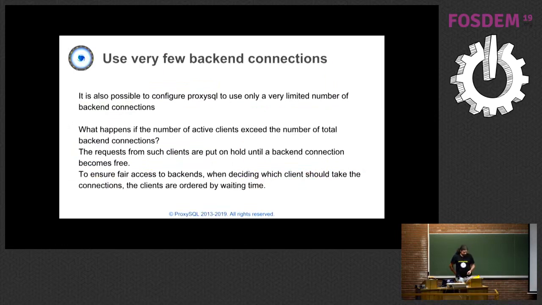Okay. One of the misconceptions that people normally have when configuring ProxySQL is that they configure the number of backend connections to be as high as the number of client connections. So if they expect the client to open 1,000 connections, they configure ProxySQL to open up to 1,000 connections to the database server. In reality, this is something that you should not do. You should always try to configure ProxySQL to open way fewer connections to the database server.